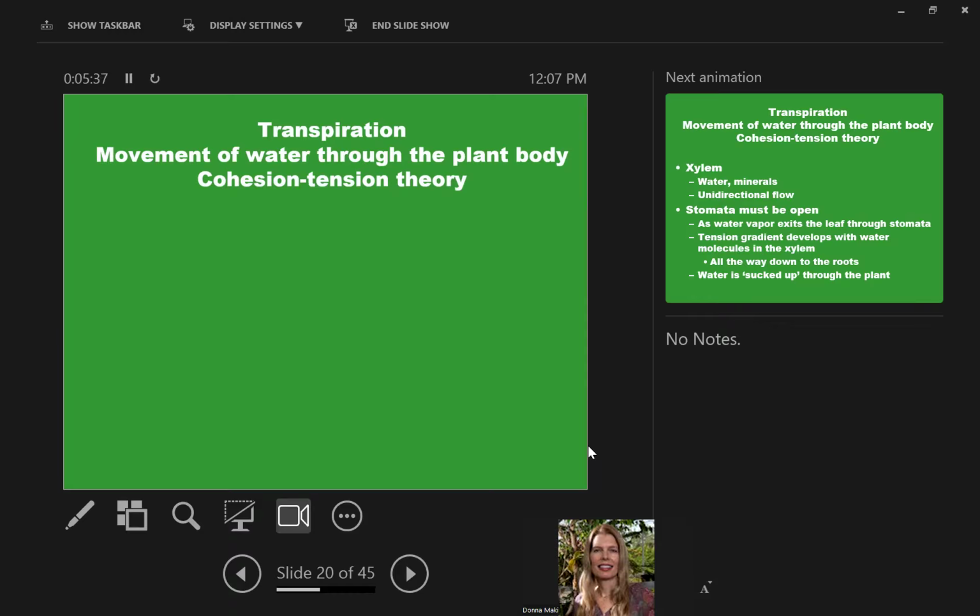And first they had to figure out it was through the xylem. And we know that xylem cells are dead at maturity, so there's no cytoplasm. So that's good because it allows free movement of water. There's no issue with having to plow through all that cytoplasm and all the organelles. So they can just move through kind of like a straw when you're drinking soda pop through a straw or